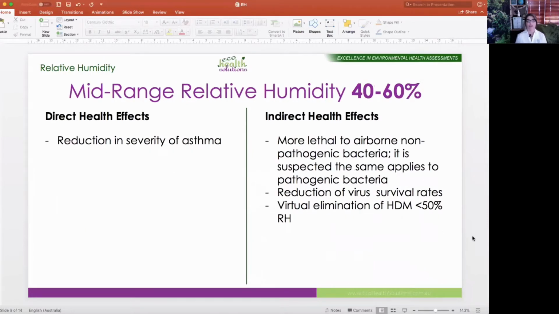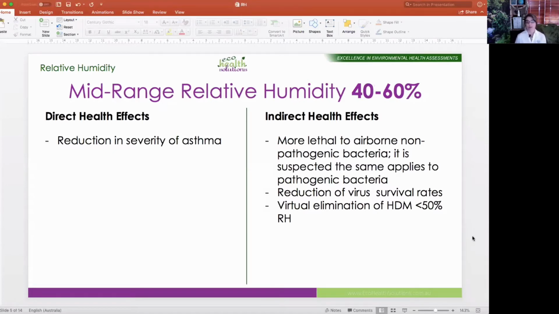In the mid-range, so we're looking at around 40 to 60% relative humidity, the direct health effects can be a reduction in the severity of asthma. Indirect health effects: this humidity range, 40 to 60%, is more lethal to airborne non-pathogenic bacteria, and it's suspected that the same applies to pathogenic bacteria. So basically what that means is pathogenic bacteria would be ones that make you sick, and non-pathogenic would just be other bacteria,